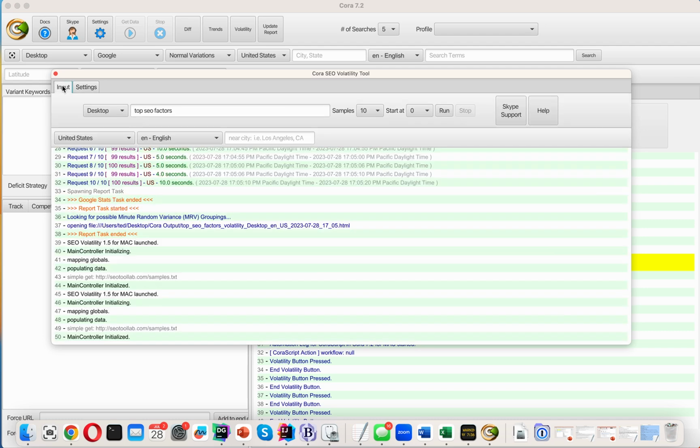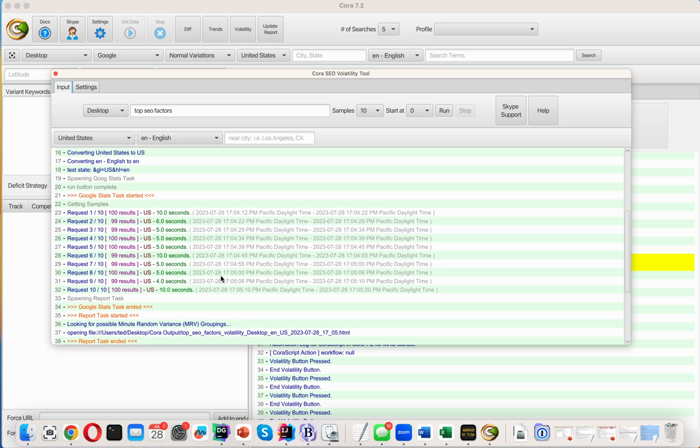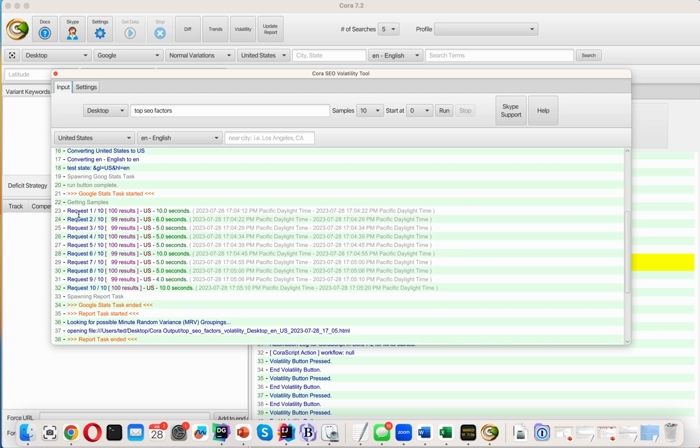Once you have that set up, then you can put in a test keyword and hit the Run button. If you need to localize for country, language, or near a city, you have those options down here. The Volatility tool is only for normal Google searches, so it doesn't do mobile or Bing. It's just Google desktop. And then once that runs, what it's going to do is it's going to run your